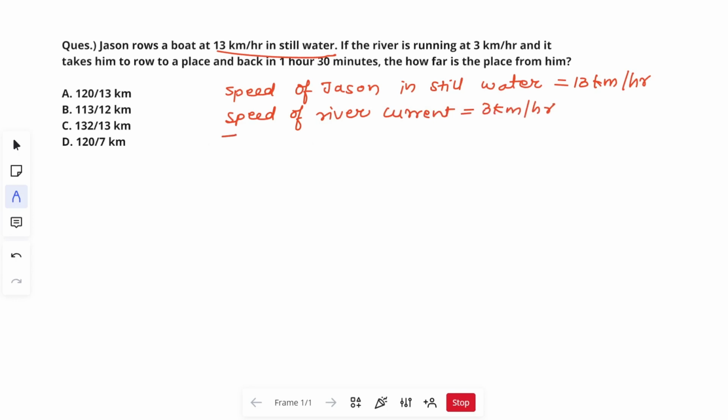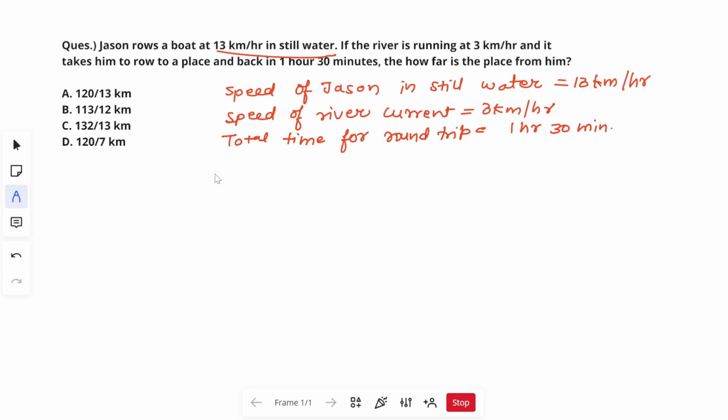So total time for round trip is given as what? In the third sentence, 1 hour and 30 minutes. Okay, these are the three data that are given to us, and we need to find how far the